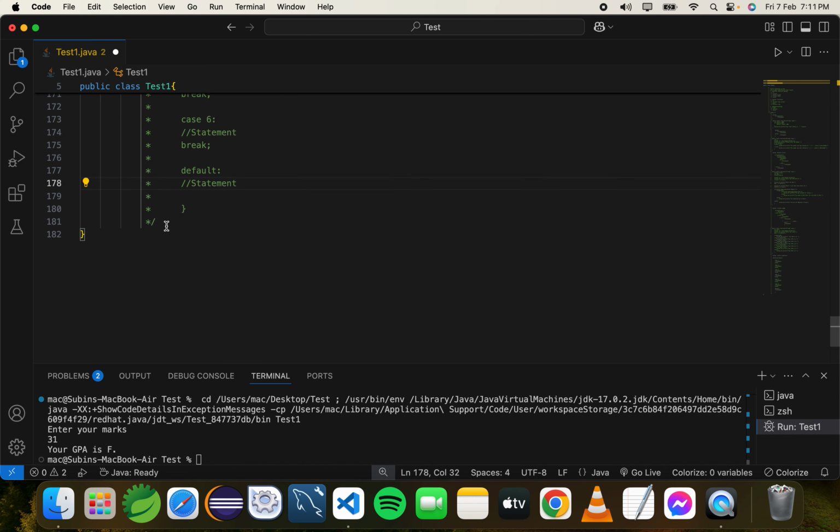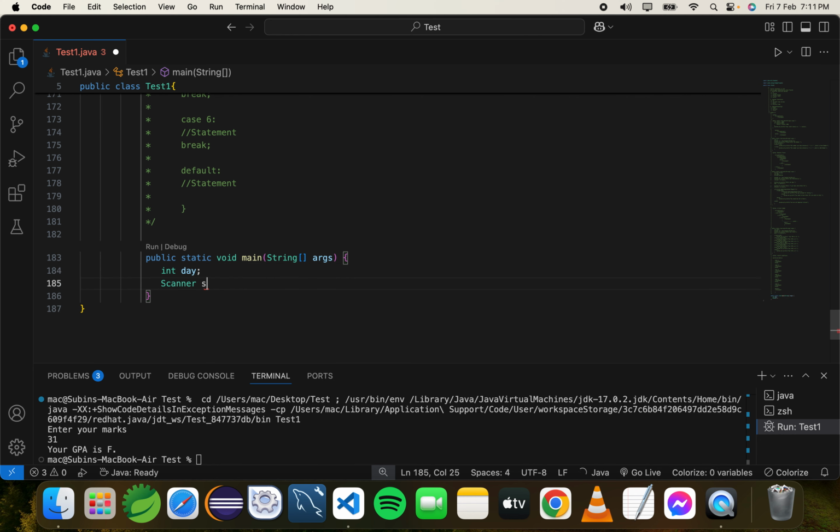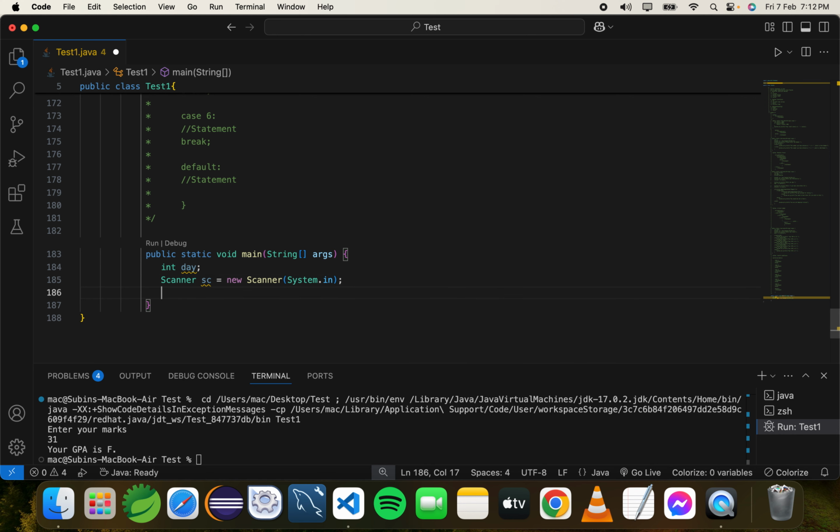Okay, let me give you an example. So main method, so let me do it with a day, like Monday, Tuesday, Wednesday. We have 7 days, right? So int day, we're going to do this dynamically. So Scanner c equal to new Scanner, System.in, so that we're going to input here, and then